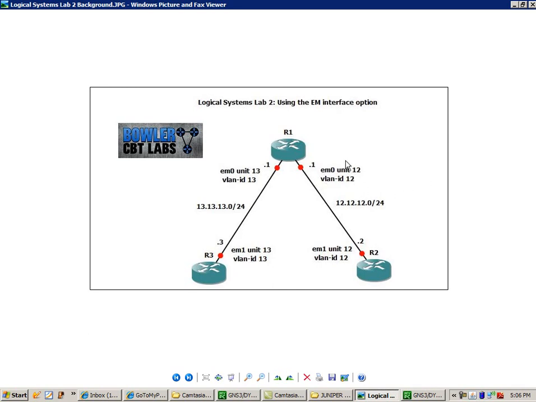And the first key point to see in this diagram is that from R1 to R2 we are using EM0 on R1, and on router 2 we are using